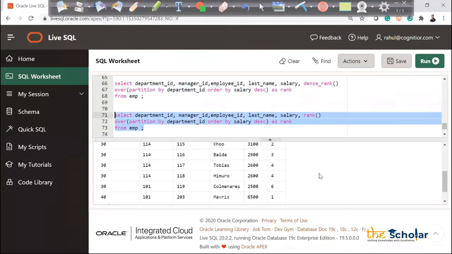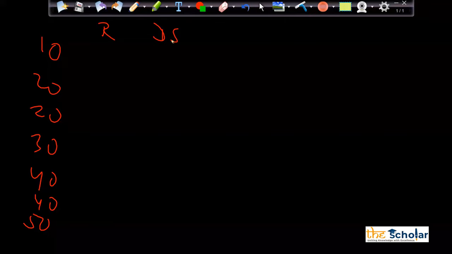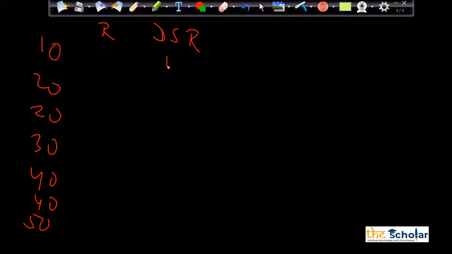That means what's happening in rank and dense rank. Let's say I'm having marks 10, 20, 20, 30, 40, 40, 50. How my rank will work? How my dense rank will work? Let me run this dense rank first. So dense rank will work as 1, 2, 2, 3, 4, 4, 5.